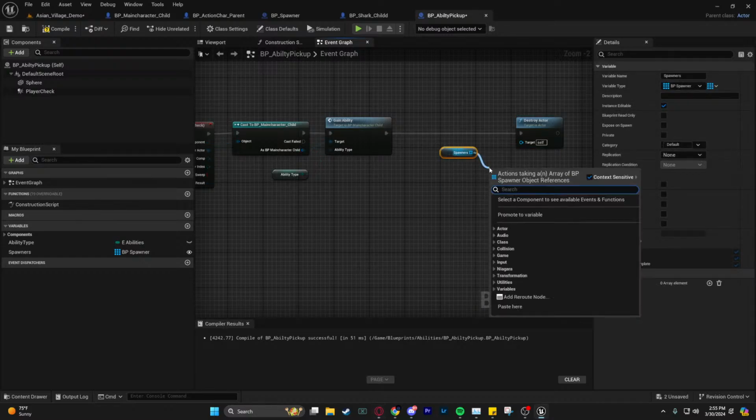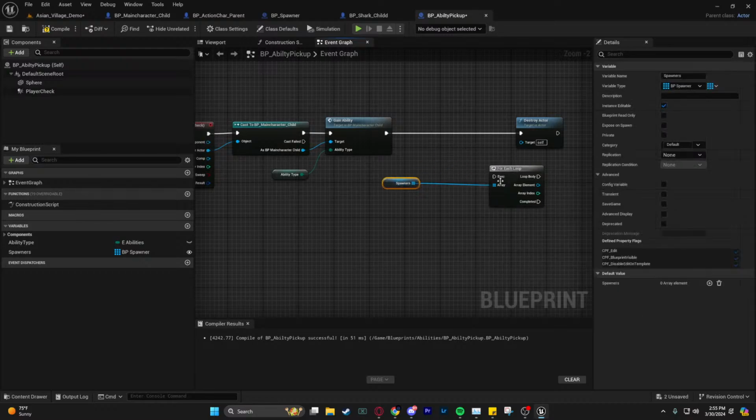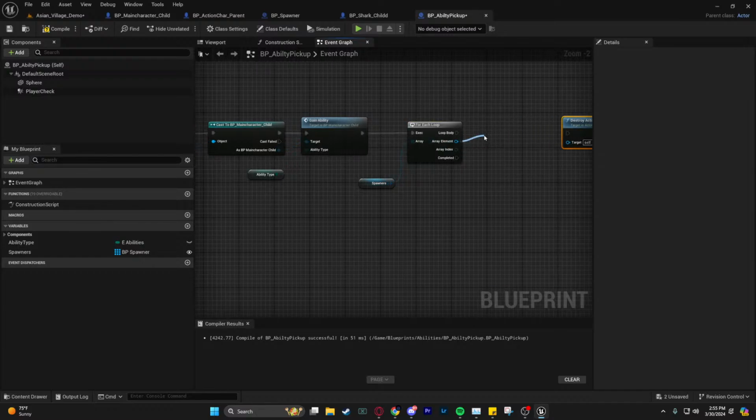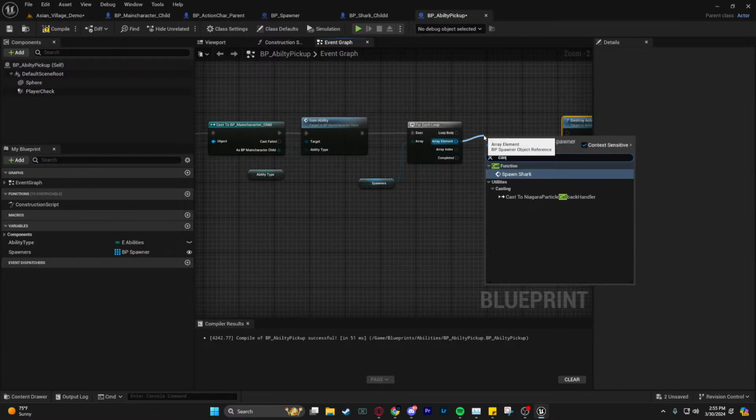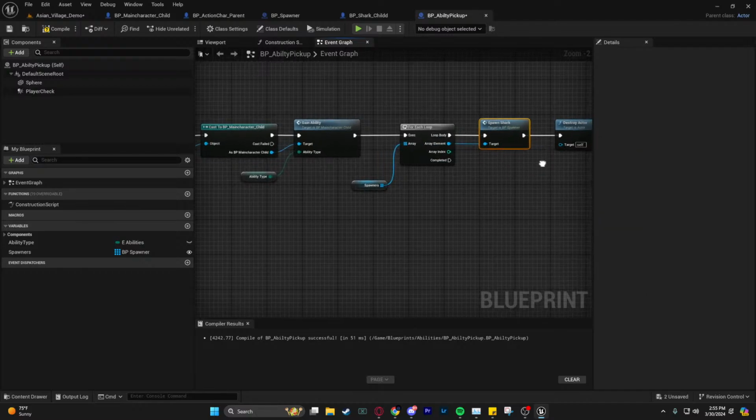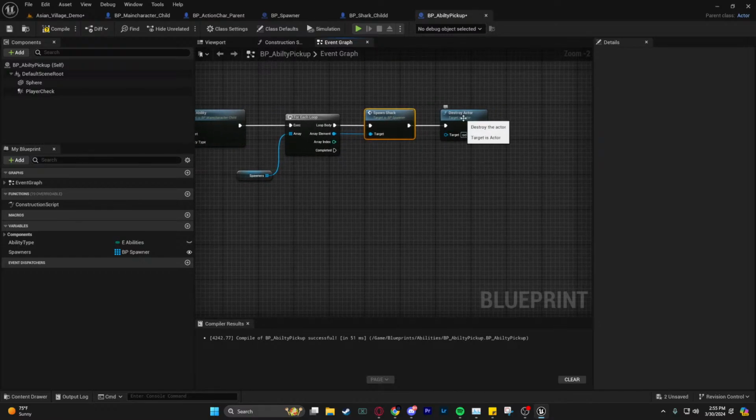And for each loop, so for every spawner, we're gonna execute the loop body once, and we're gonna have the array element and just call spawn shark on every one of these spawners. And once we're done spawning, completed, then we destroy the actor. And this is pretty much it. Just compile